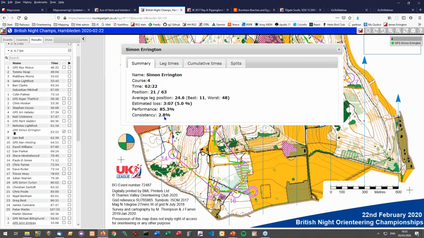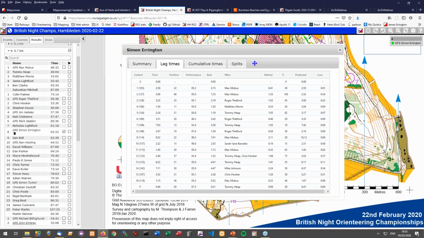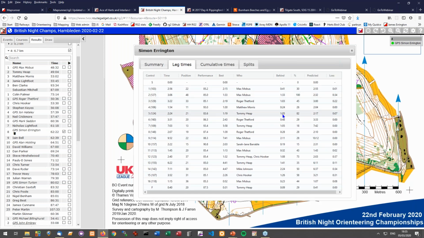And consistency, the lower the number, the more consistent you are, so the less variation there is about how you do on each leg. So 2.8 is reasonably low. We'll see some examples in a minute. But what you need to be looking for is try and get your performance up and consistency to a lower value. So for each leg, we can now see a summary of everything.